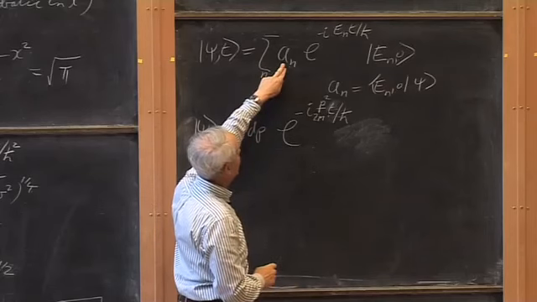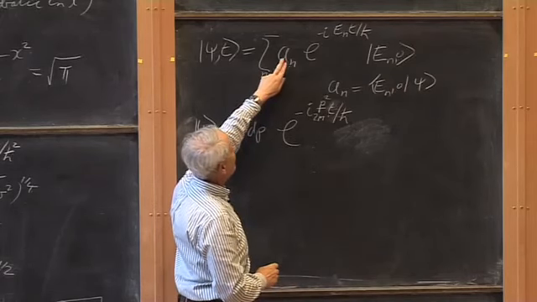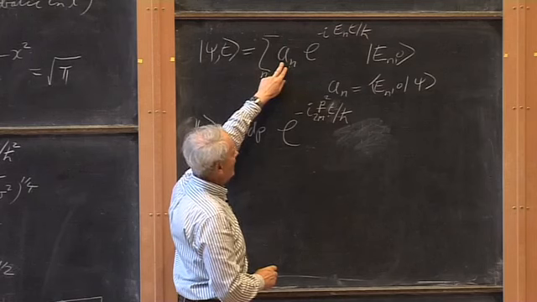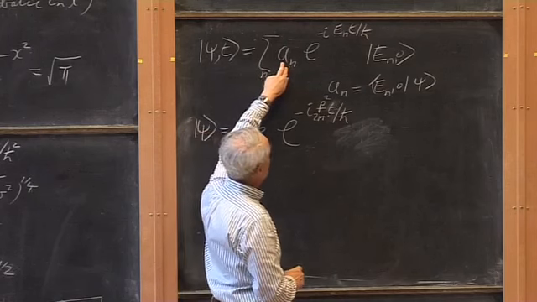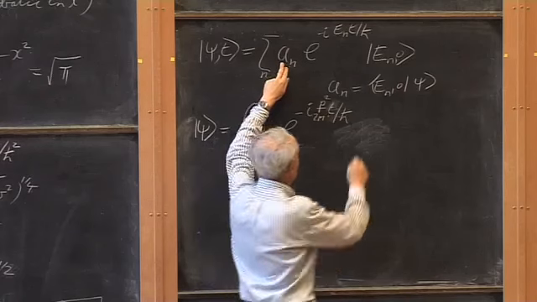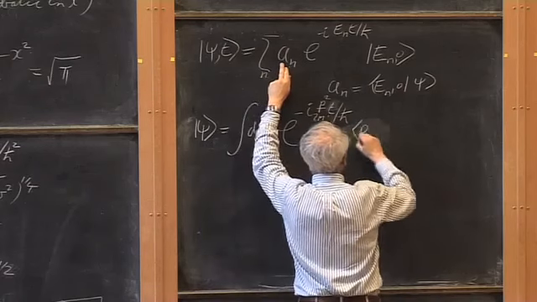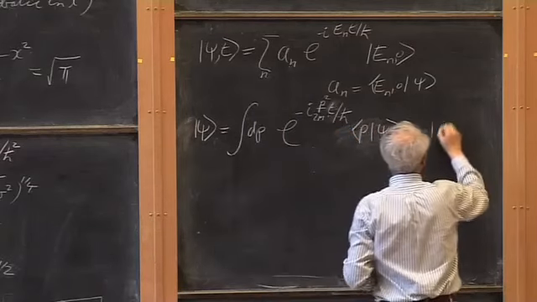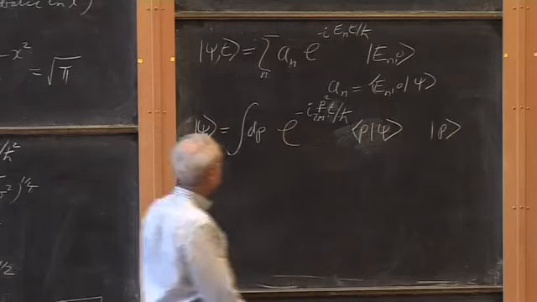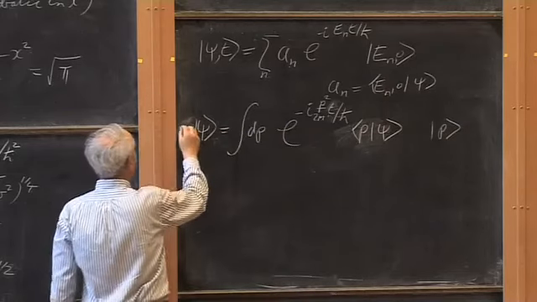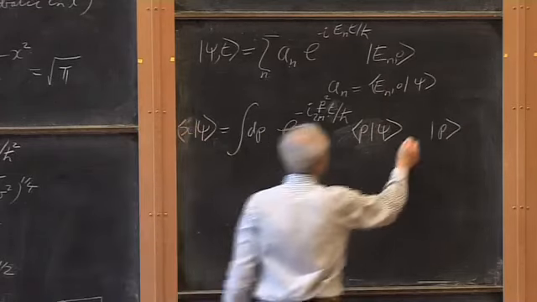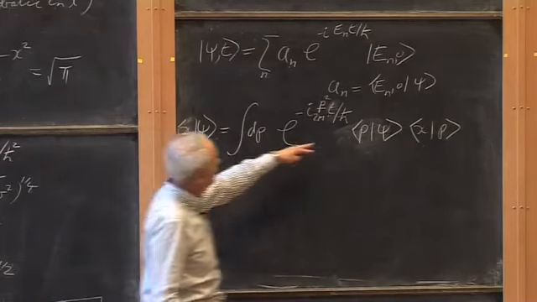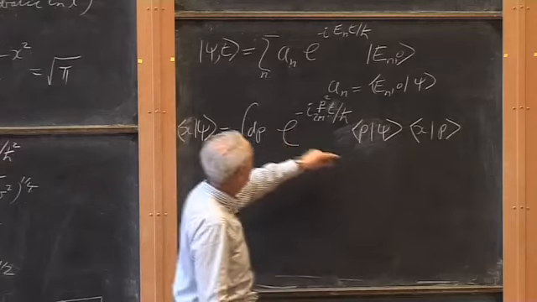What are the ANs? It's the amplitude to have, at time t equals naught, energy En, which in our case is the amplitude at t equals naught to have momentum P. And then now we have the state P. And now, if we want the wave function information, we should bra through with x.